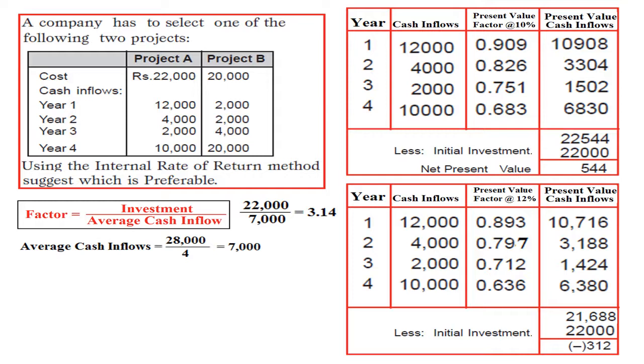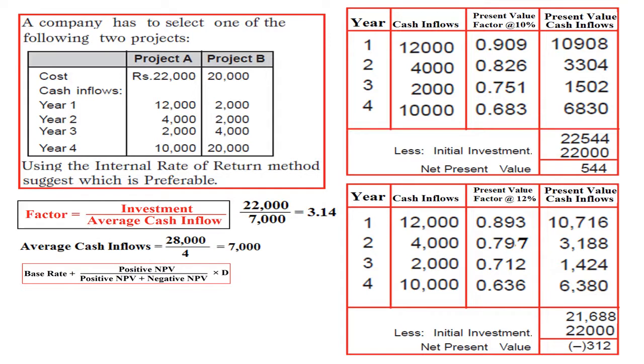Right? So we got positive NPV at 10%, and at 12% we got negative NPV. So our IRR lies between 10 and 12%. That is the final. Once we got this 10 and 12%, that is positive NPV and negative NPV, just directly apply the final formula to get the answer. What is the final formula for IRR calculation?